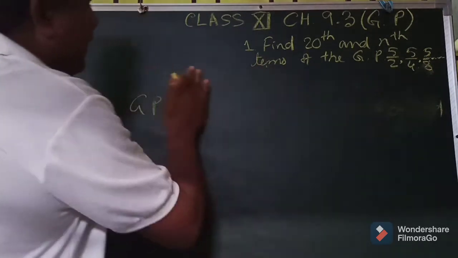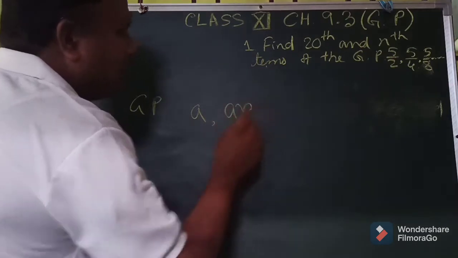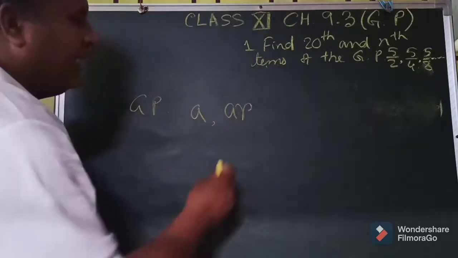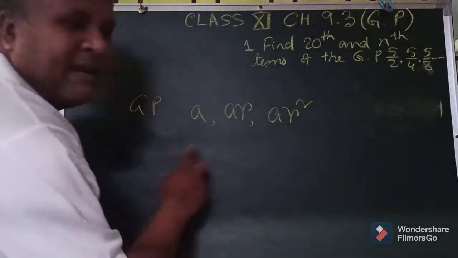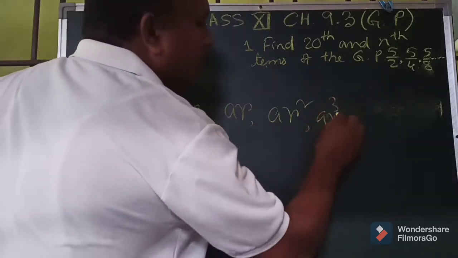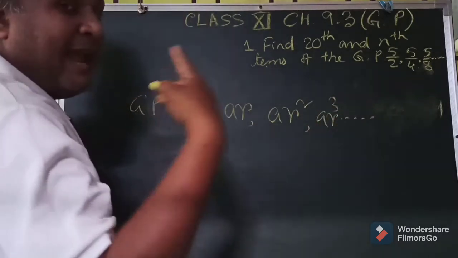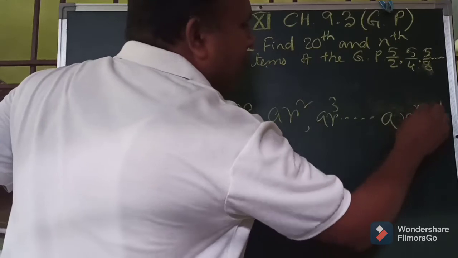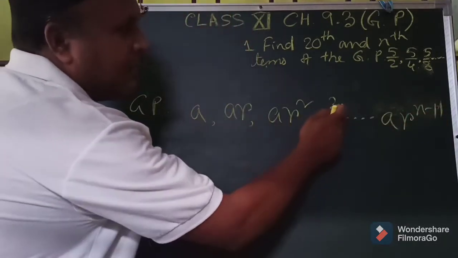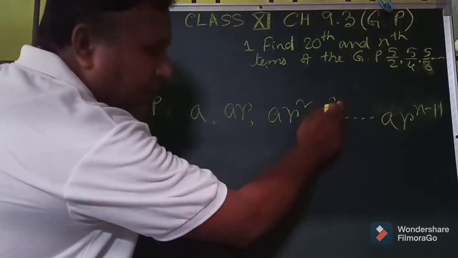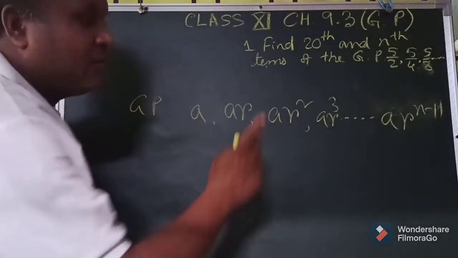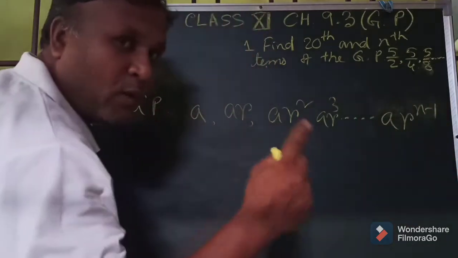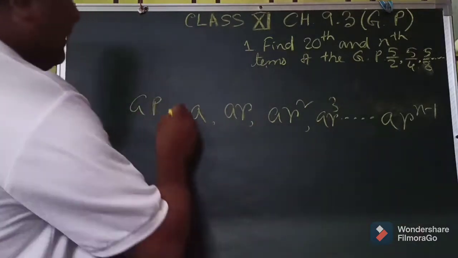The common ratio, we keep multiplying by it. In AP we add D, here we multiply by R, the common ratio. After that it will be AR squared, then it goes on, AR cubed, and finally when you reach the nth term, we get AR to the power n minus 1. So this is the fourth term, but here the power is 3. First, second, third, fourth term, but 3. That means 1 less. So for the nth term it will be AR to the power n minus 1. This is called GP.